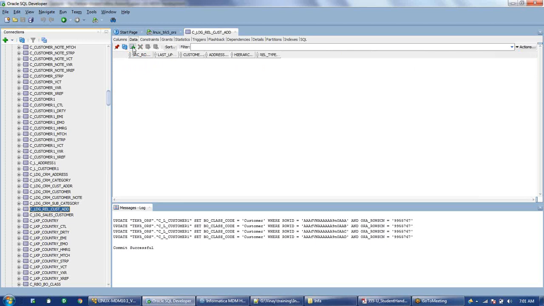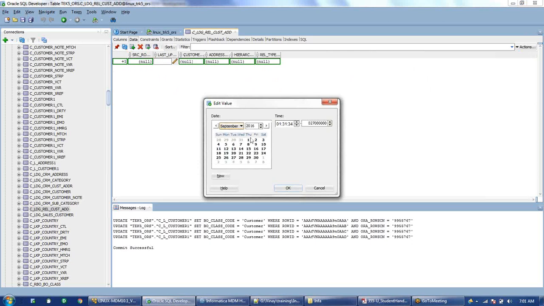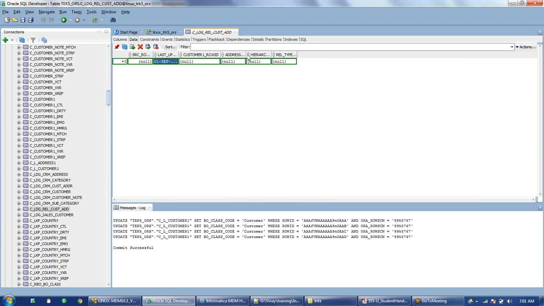So we'll go to the relationship table and add the data here. In this we have to use the hierarchy code and the rel type code.